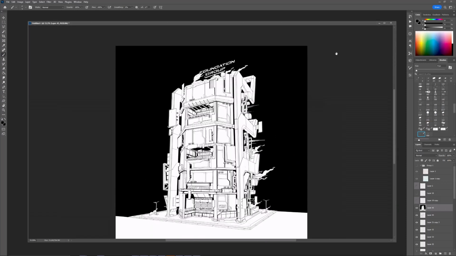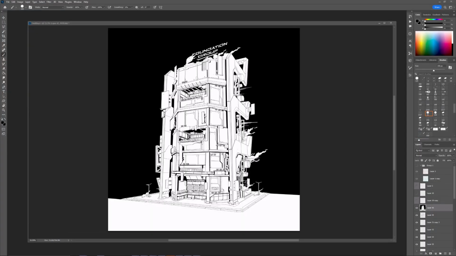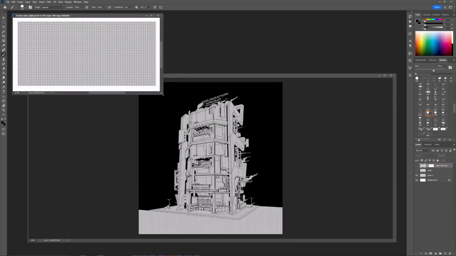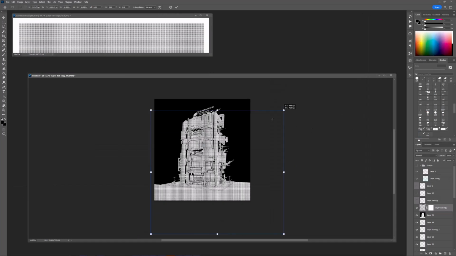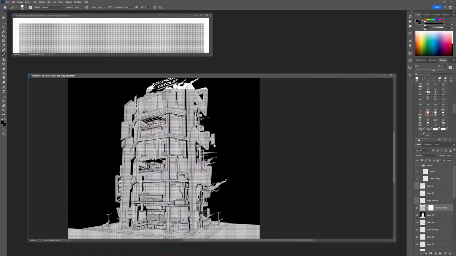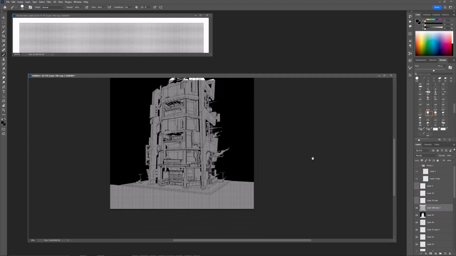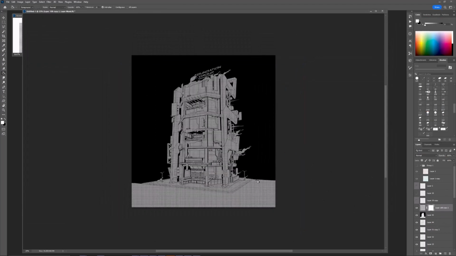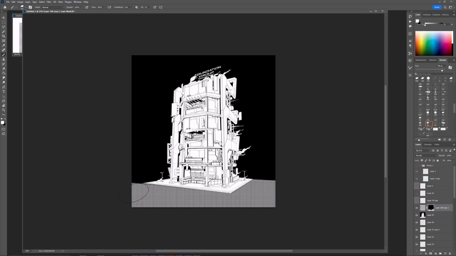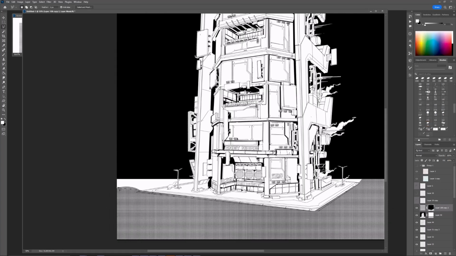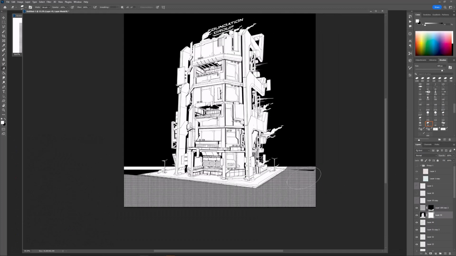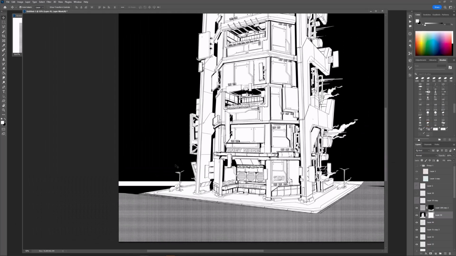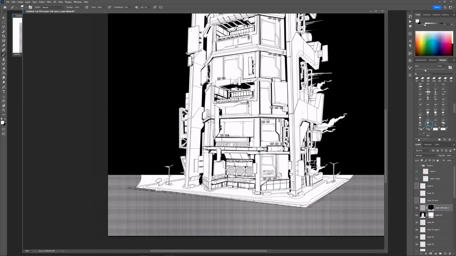And now I'm gonna go ahead and drop in my shading template. And this is something that you could totally find online. It's basically a sheet of dots that are all spaced out fairly closely. So what I'm doing right now is I've actually made my own, where I've created this sheet already, and I'm